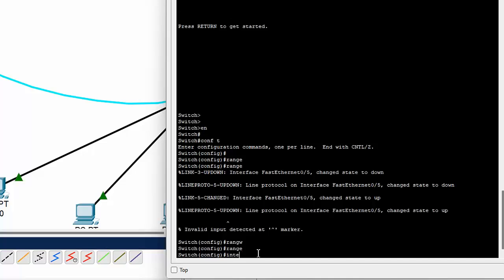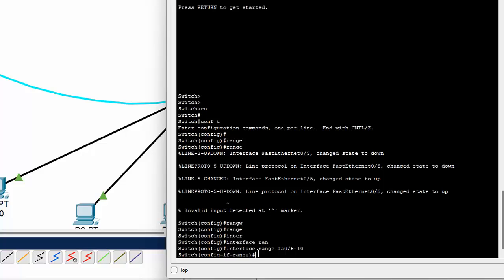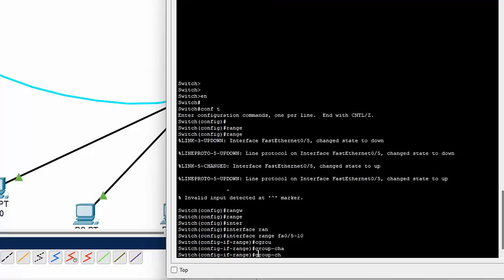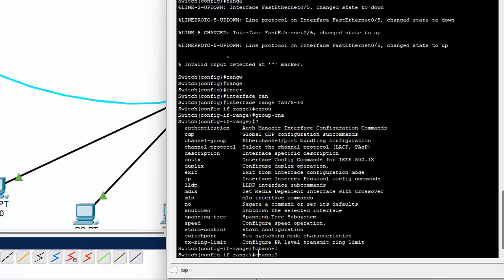What you need to do: interface range FastEthernet 0/5 to 10, and channel-group. Actually it is not possible to remember all the commands, so this is a good option.